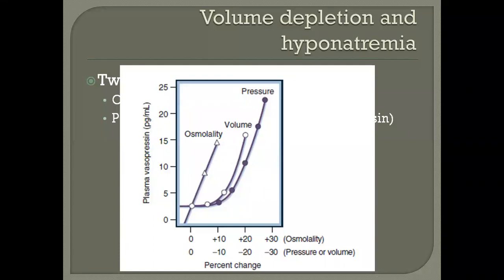I showed you this graph earlier also. Vasopressin is very sensitive to small changes in osmolality. Even a 1% change in osmolality causes a big increase in the secretion of vasopressin, as you can see in this particular line. But if you look at volume or pressure, they respond much later. Around 10% or more of volume or pressure is supposed to go down before vasopressin responds. But the response of vasopressin can be much more robust than its response to osmolality if the pressure and volume go down. So this is how a decrease in volume causes a stimulation of vasopressin.